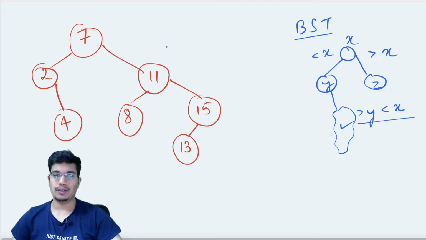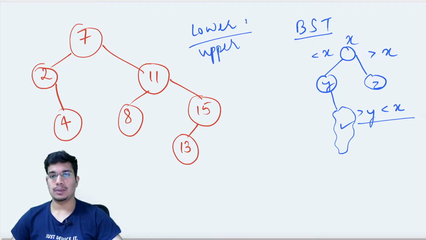So basically, we can have two values, which is a lower limit and an upper limit for every single node. And the value of the node should be in between this range, somewhere between a lower limit and upper limit. It should not be less than the lower limit or more than the upper limit. So using this, we can only iterate over all the nodes once and keep checking this property.